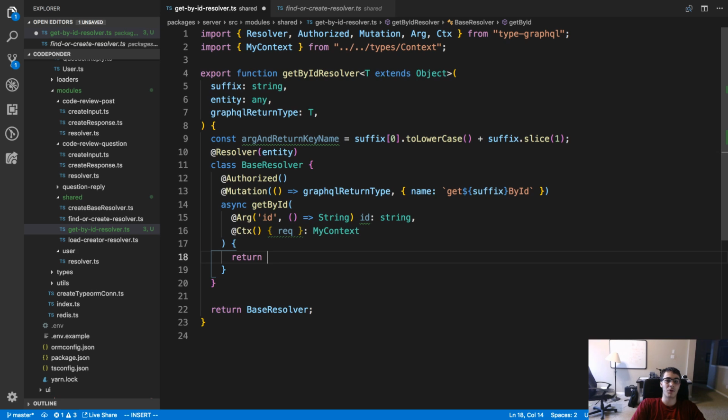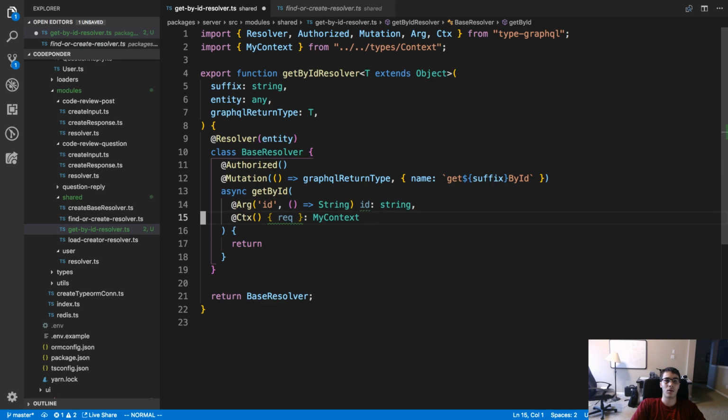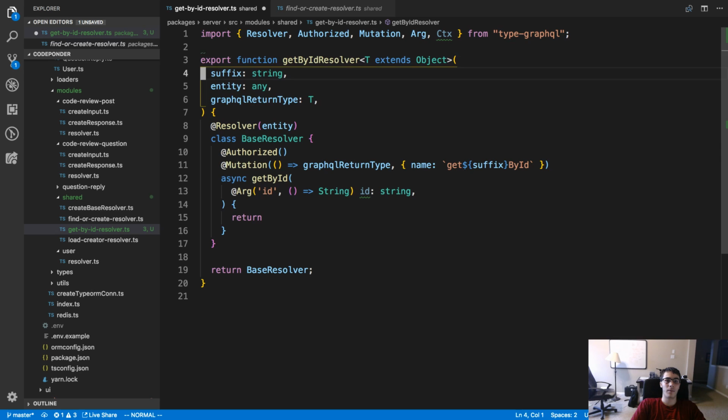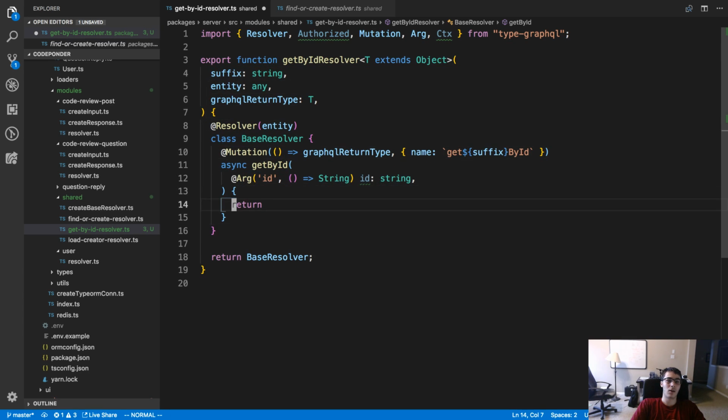So this is going to be real simple. Let's say you don't even have to be authorized to get it. So here we're just going to return the entity.find1, passing in the ID.